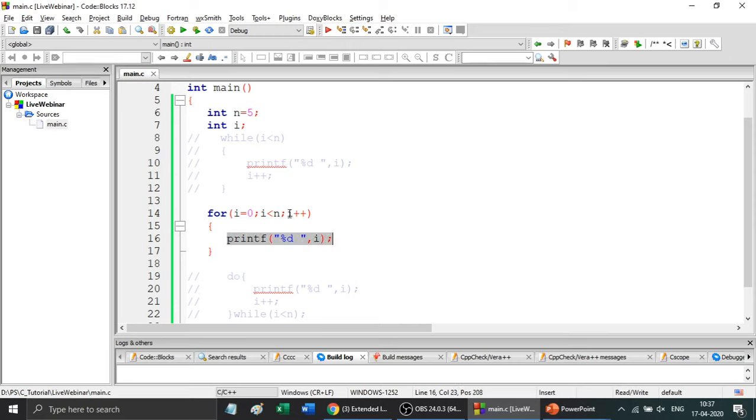Again it will go to this increment statement, and then again it will check the condition, again body of the loop, then checks the condition, again body of the loop, like this. So first initialization, condition, print the statement, then increment or decrement. After that it won't go for the initialization. So simply, writing the statement of while loop in a single line is called for loop.